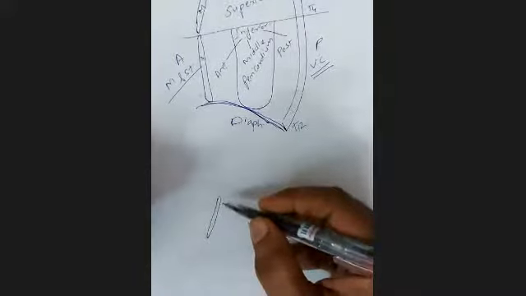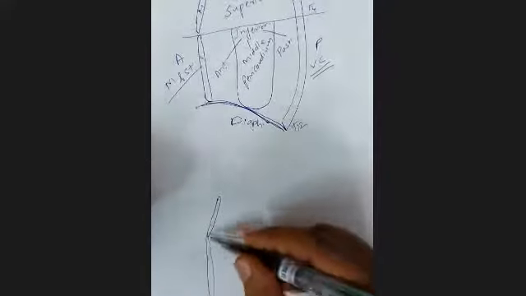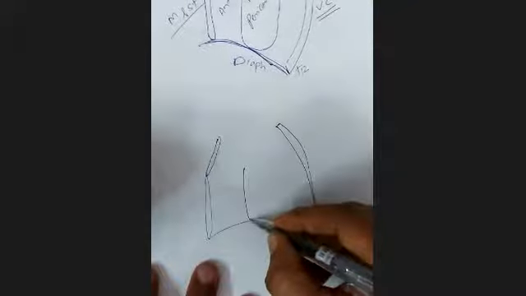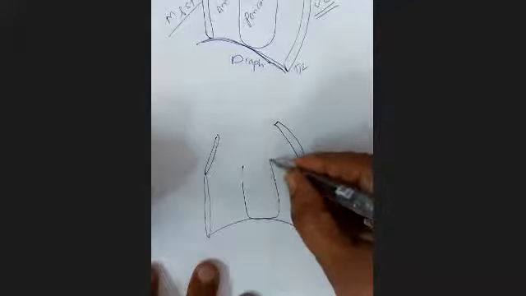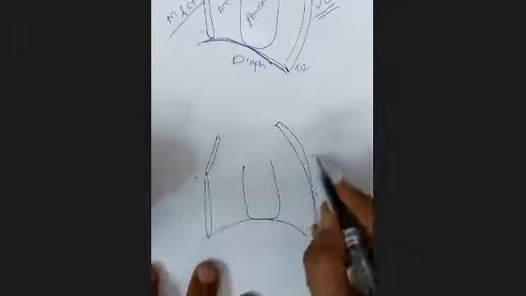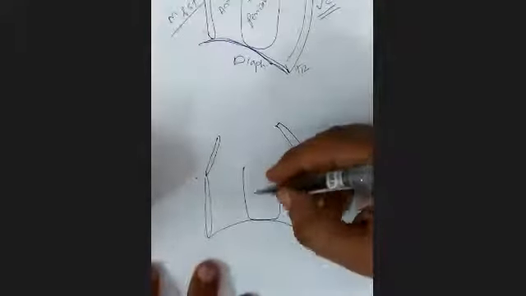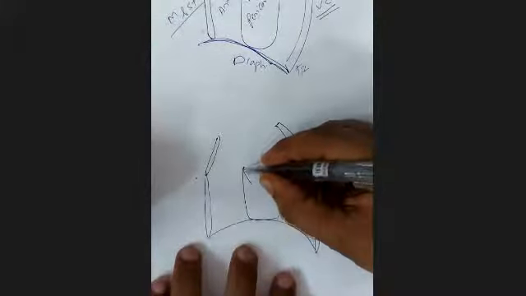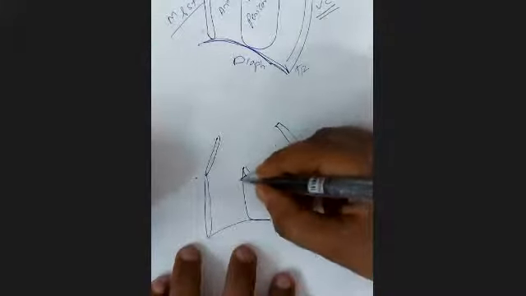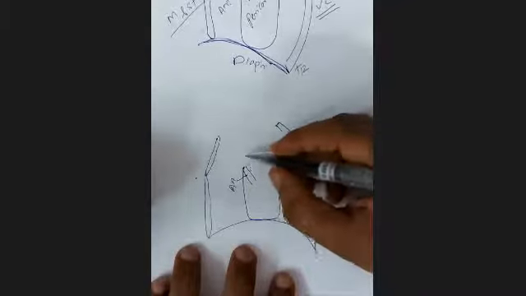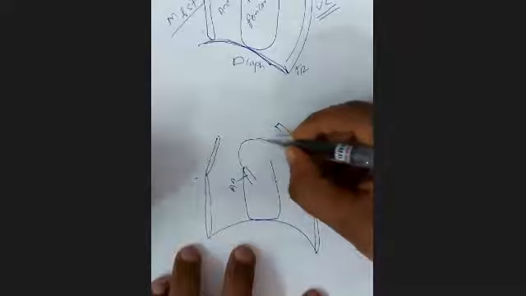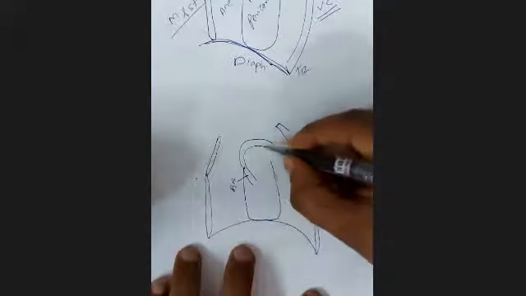Now this is the manubrium. This is the sternum. The diaphragm. The vertebral column. And this is the pericardium. This approximately lies at the level of T4. Above T4 is superior mediastinum. Something we need to understand is that the ascending aorta lies in the middle mediastinum. This ascending aorta at T4 becomes the arch of aorta.